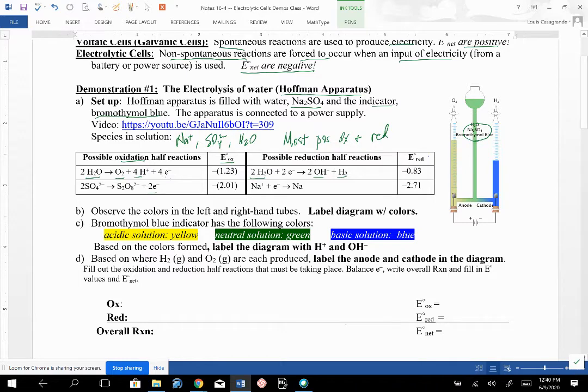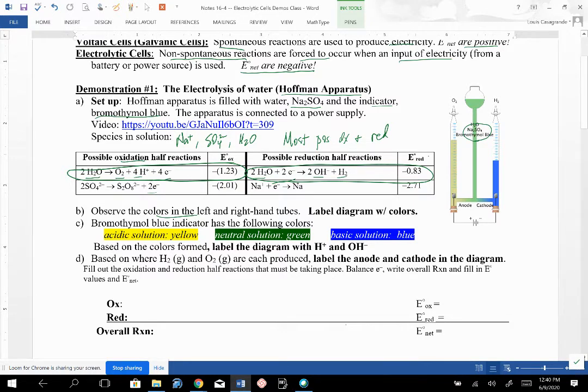So the water being oxidized and the water being reduced are going to be the reactions that take place. And we've got some keys, some clues there that's going on. So when we look at the colors in the left and right hand tubes, we see that we've got yellow